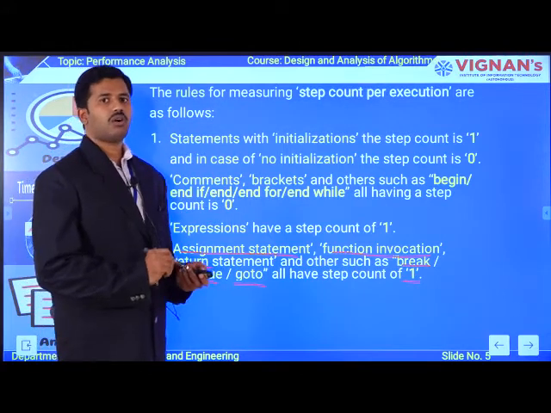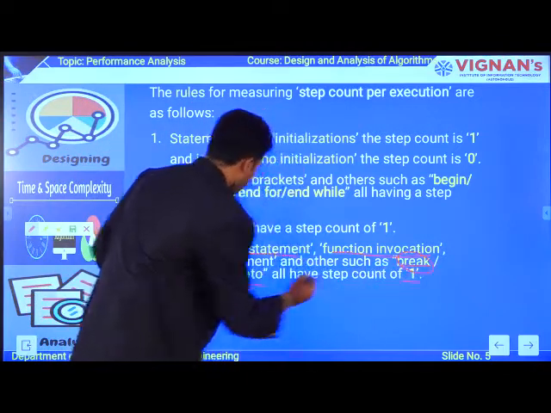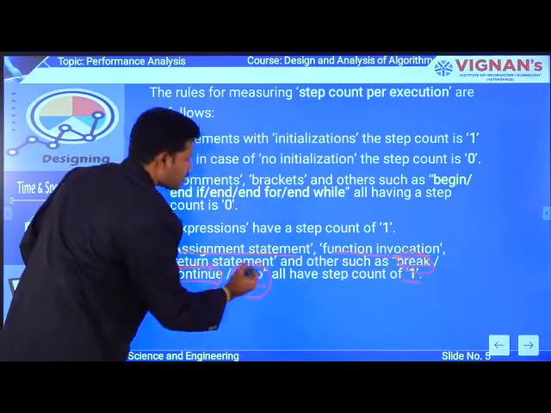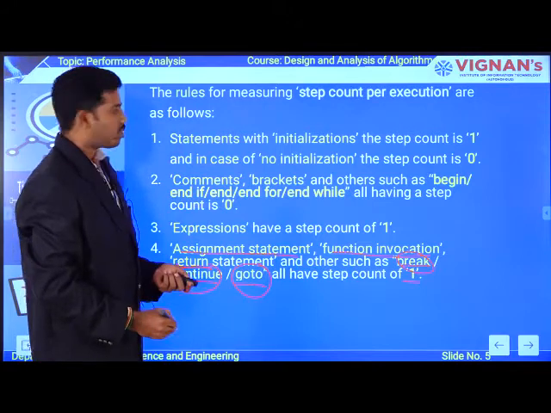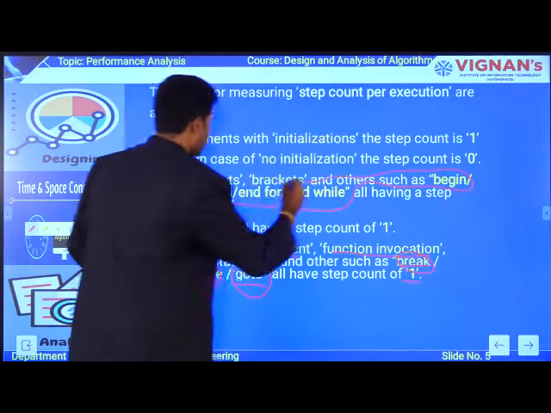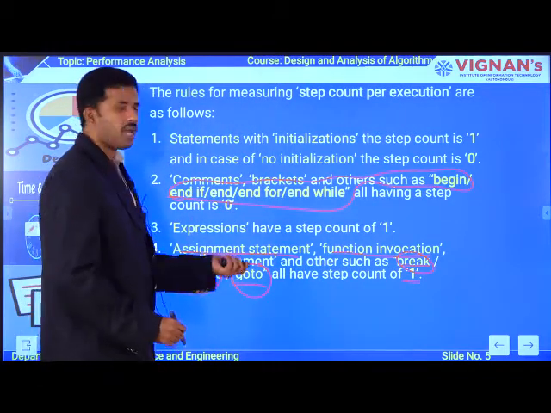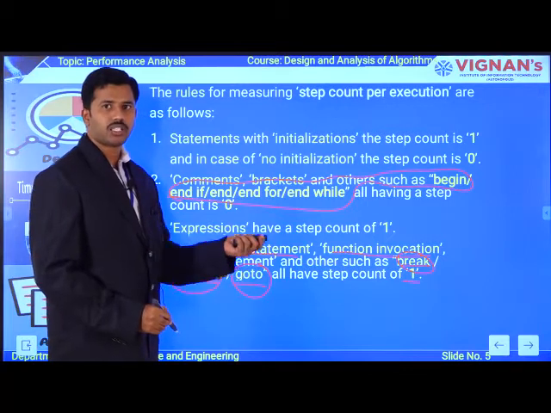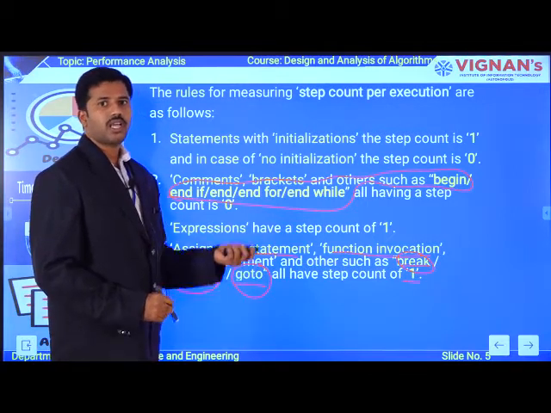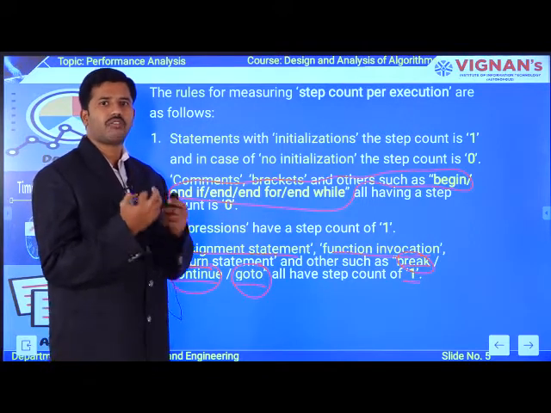Now you can ask a doubt like, why for these three keywords only? For these three keywords only the value is 1. So as I said previously, why for these keywords is the value 0? Because here you have keywords like break, continue, as well as goto. These keywords change the behavior of the execution of an algorithm.